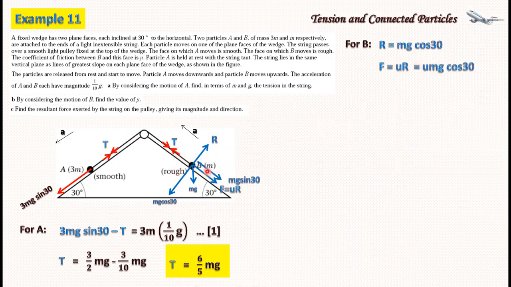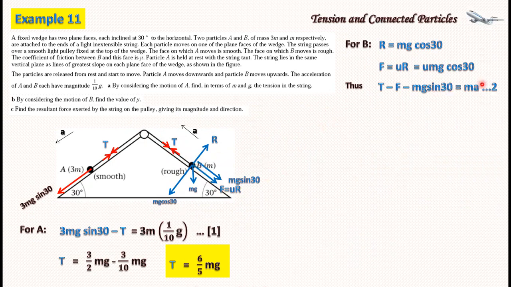The components parallel to the plane, we consider the frictional force, which is mu R. But we know that R is equal to mg cos 30. So F will be equal to mu times mg cos 30, which is mu mg cos 30. The equation now for the parallel components will give us T minus F minus mg sine 30 equals the mass